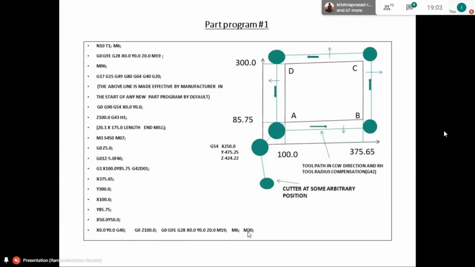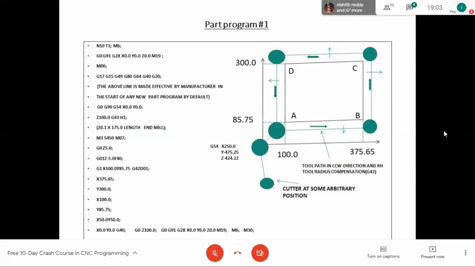And I shall give another 5 minutes just to go through the details. Madhukar? Yes, sir. I just wanted to clarify the doubts regarding this particular program now itself. Okay, sir. We'll go ahead.